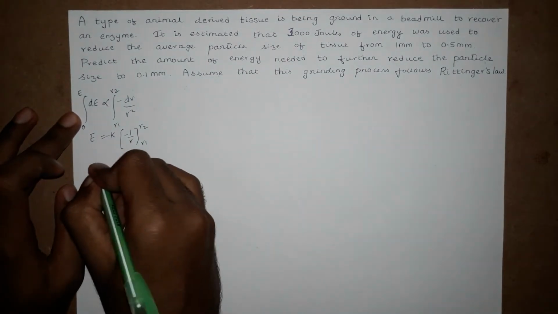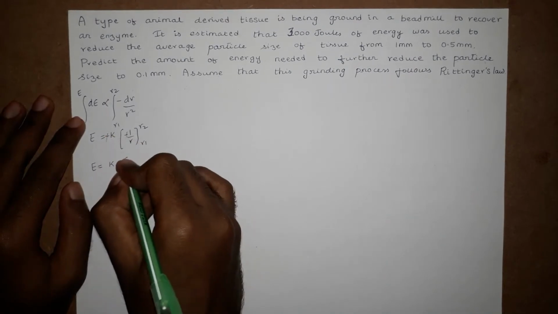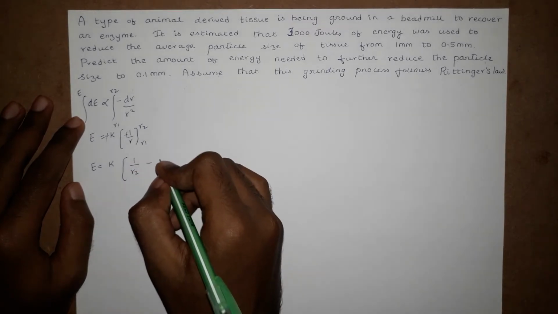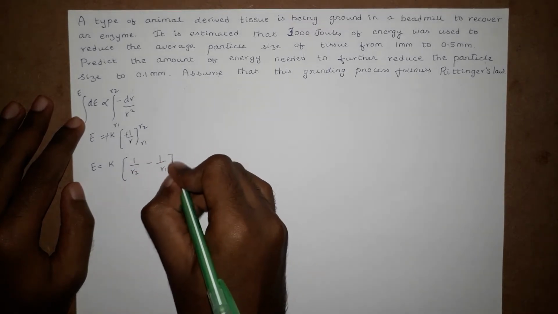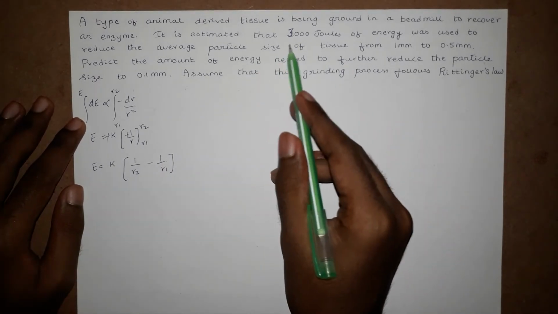So we get an expression that is E is equal to K times 1 over R2, that is the final ground size, minus 1 over R1, the sample size before grinding. This is Rittinger's law. So given data,